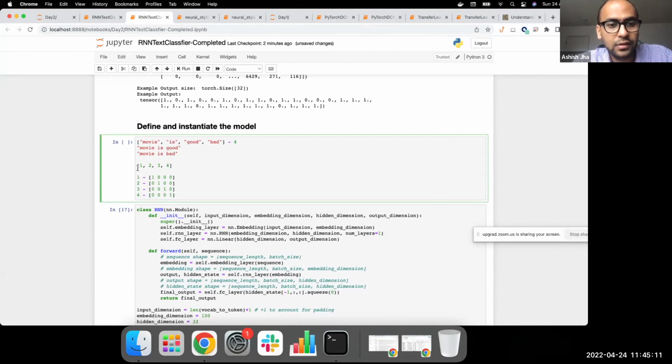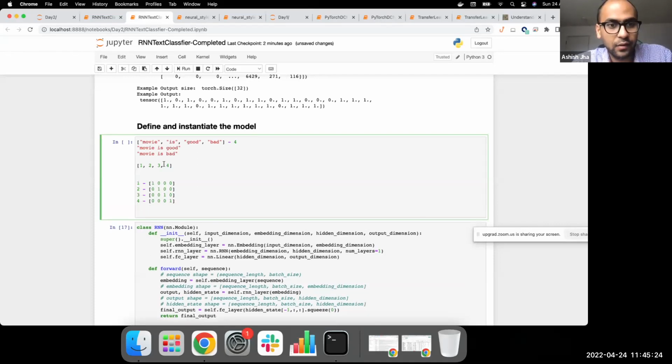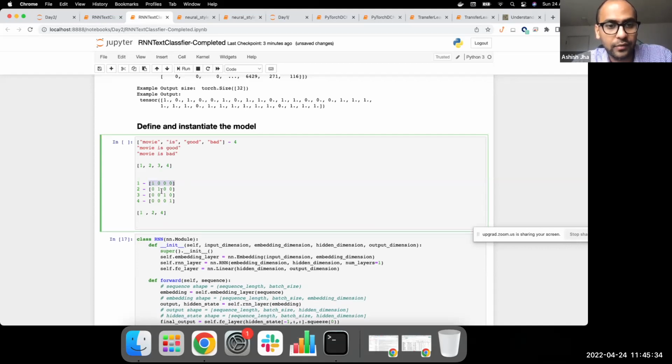So now each word itself would be represented by a 4 sized vector. Our whole thing would become a list of lists. So "movie is bad", which is 1, 2, 4, would be written in this form.